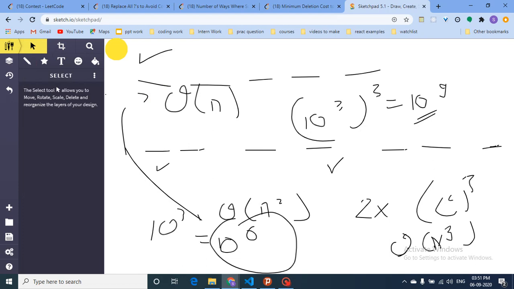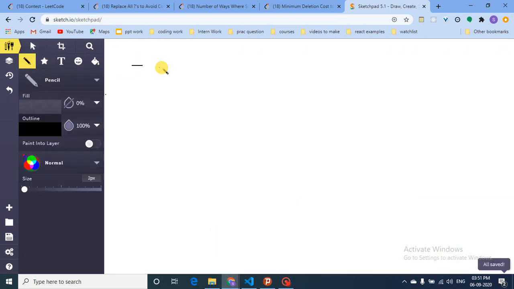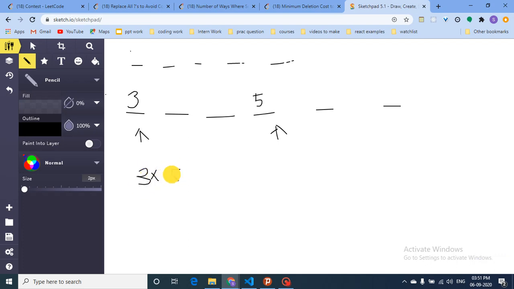Now how can we do that in n square iterations? The main thing in this question is, let's assume that this is the first array and this is the second array, and we have to find a pair in the second array. What we know here is, for every pair, let's assume that this is 3 and this is 5. If we iterate over every element in the second array, we take this pair, which is 3 into 5. Now what I have to check here is whether 15 is a perfect square.